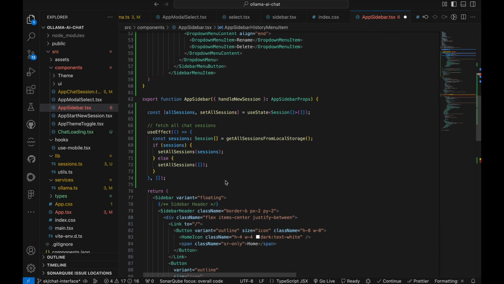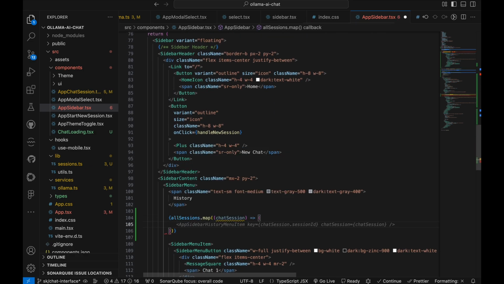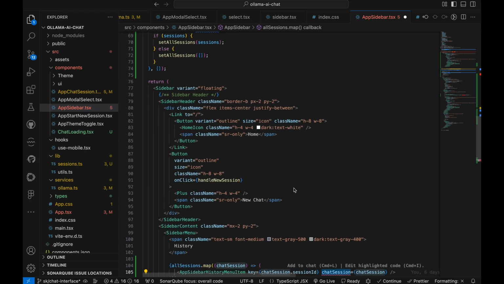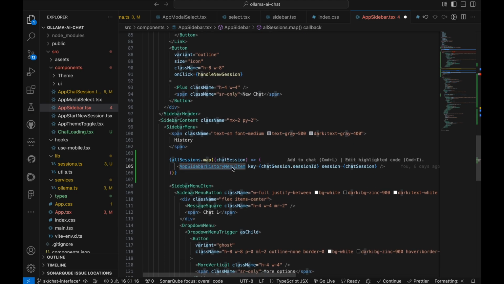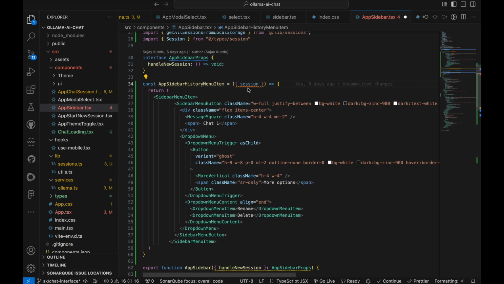We need to pass the session. So let's say app sidebar menu with key as session ID and chat session as chat session. Sorry, this will take the session, and with this session, we can get the